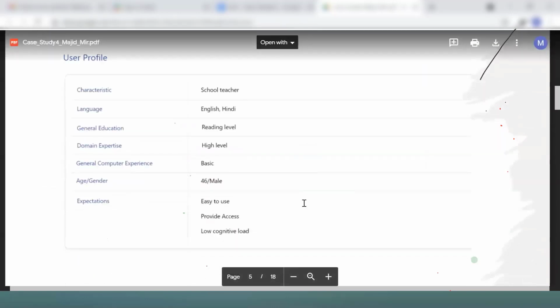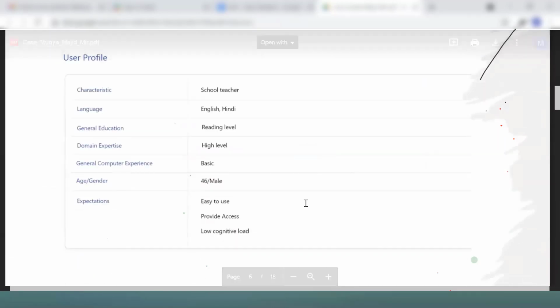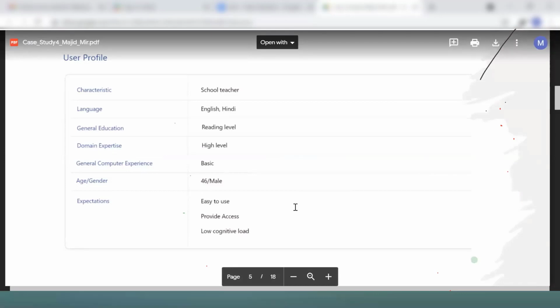Now this is a user profile, where you go with the focus groups. You might have a maths department, a physics department, a chemistry department, any department in the school, and you understand their characteristics, language, domain expertise, general computer experience and expectations.